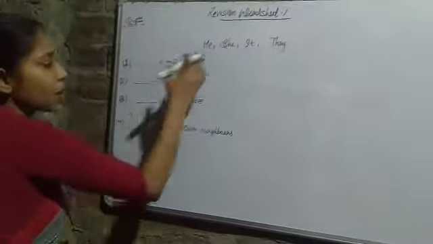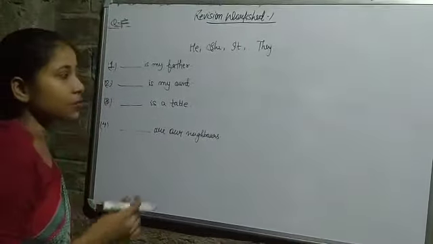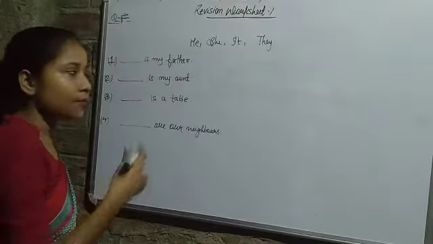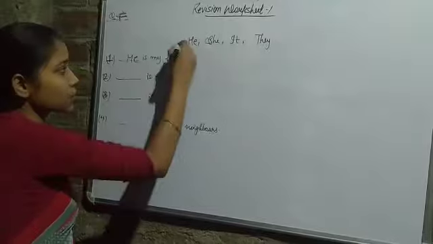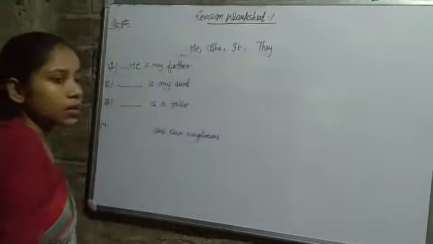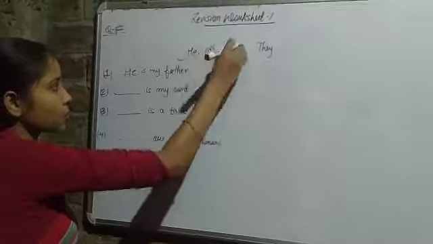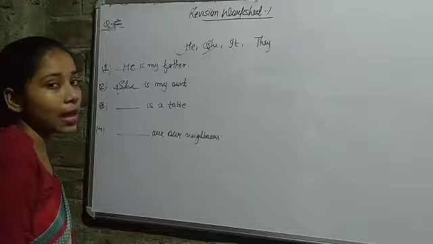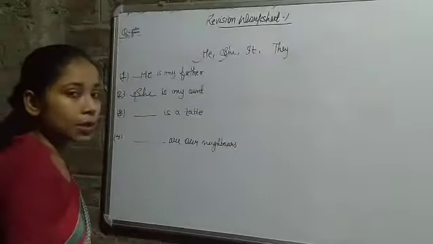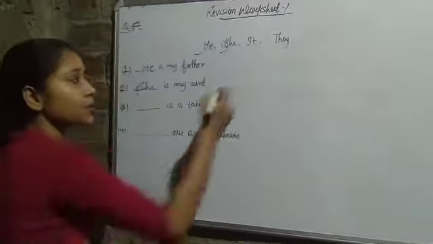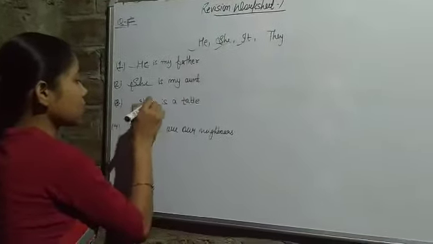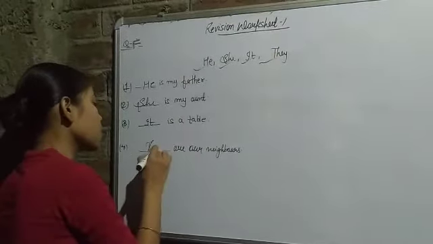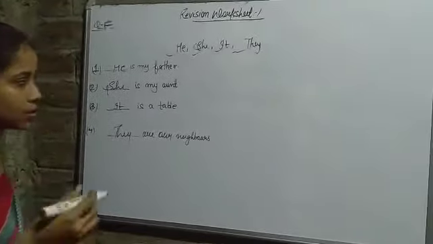So what we have to use? We have to use according to the given naming words. So dash is my father. The father is a masculine gender here. So what we have to use? He. He is my father. So we have used this. Dash is my aunt. Aunt is from feminine gender. So what we have to use? She. She is my aunt. We always use she for female and he for male. Dash is a table. The table is a non-living thing, and for non-living thing we always use it. It. Are our neighbors. So they are. Last we have they. वो हमारे पड़ोसी हैं. They are our neighbors. That's it.